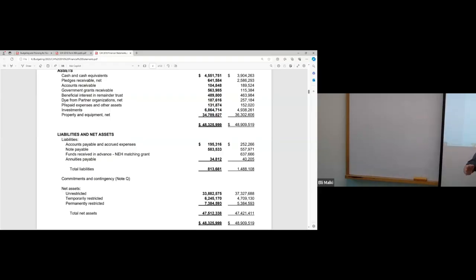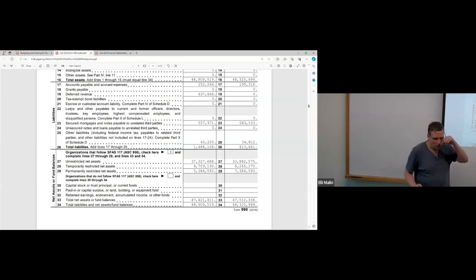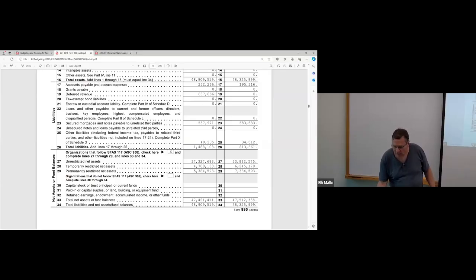In the American format, you have to guess. And that is the reason that I prefer to use the 990 form, which is more informative in terms of what to put where. You don't have to guess anything. Okay? So this is basically the